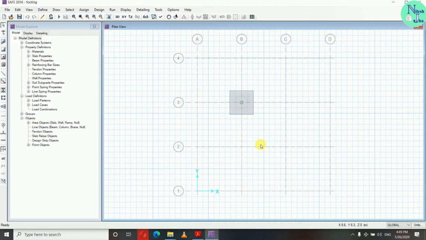In the previous video, we saw how we can model isolated footing in CSI SAFE 2016. We defined our materials, we defined our sections, and we modeled our isolated footing. And in this video, we will see how we can define load patterns, load combinations, and soil subgrade properties, and